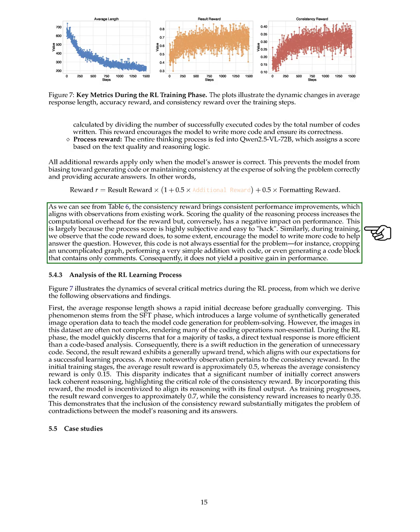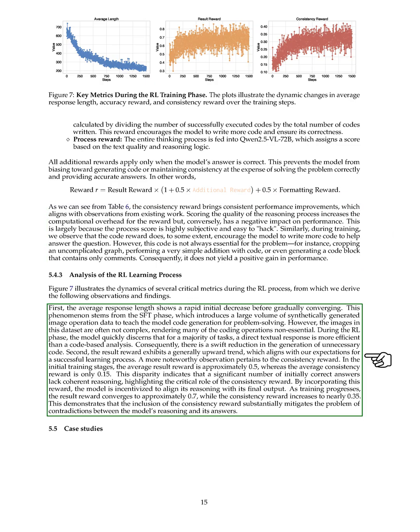Section: Analysis of the RL learning process. In this section, we analyze the dynamics of key metrics during the reinforcement learning (RL) process, leading us to several important observations. First, we notice that the average response length decreases quickly at first and then levels off. This drop is due to the supervised fine-tuning (SFT) phase, where we use a lot of synthetic image operation data